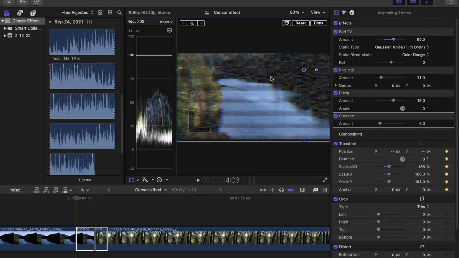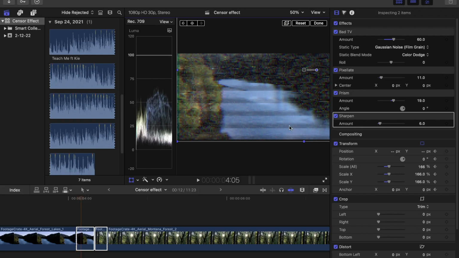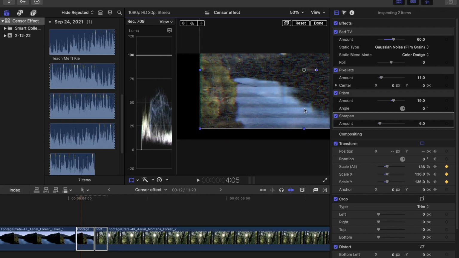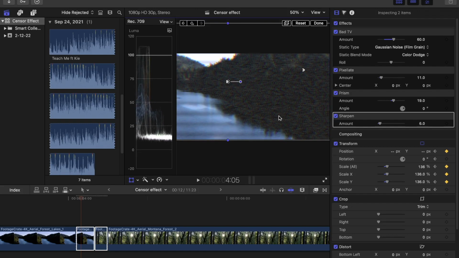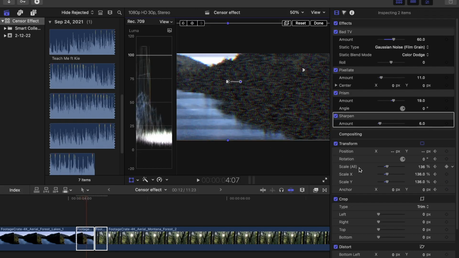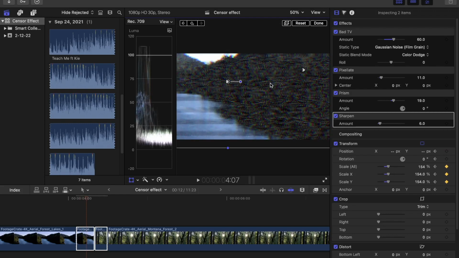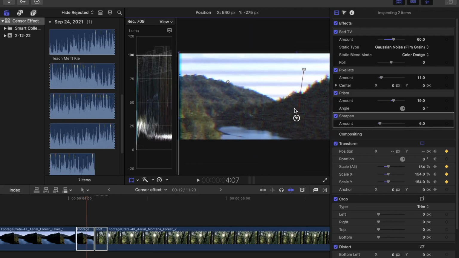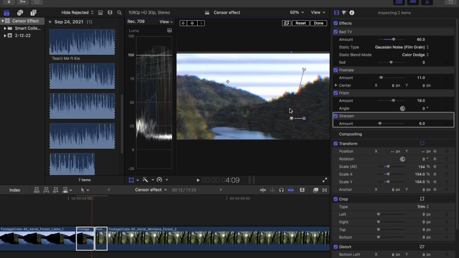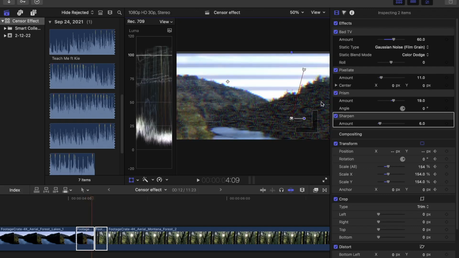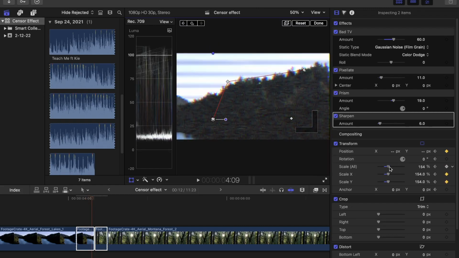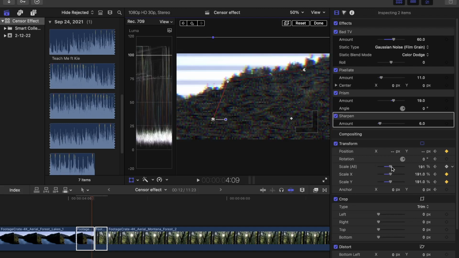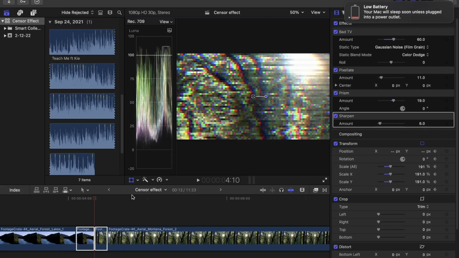and we're going to go to the next frame, and we're going to scale back some and just move to another part of the frame. We're going to go 2 frames ahead. I'm going to scale up a little bit and move the frame a little more. We're going to do it again and move it a little bit to the side, and we're going to go to the end of frame,